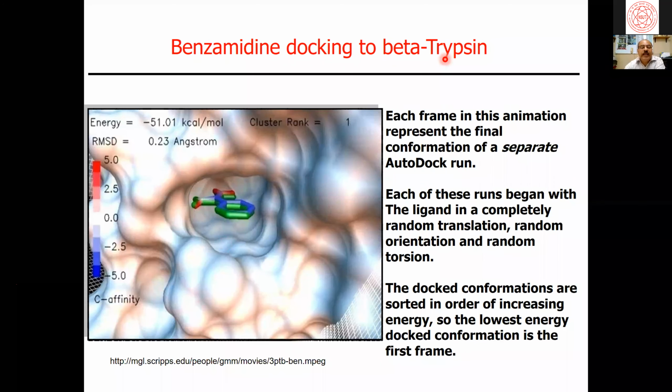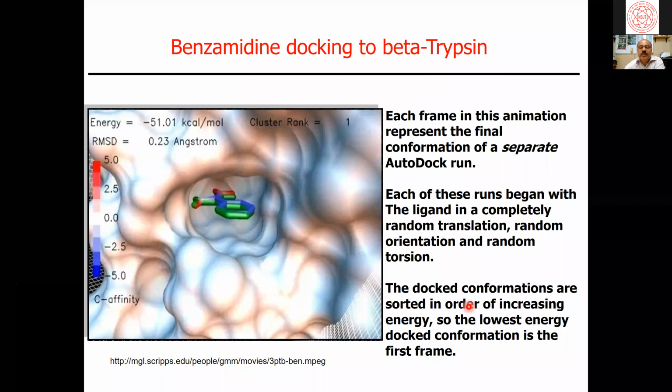So what exactly is this? Beta trypsin is a protein, and this is benzamidine docking. What these guys at Scripps did was extract this molecule from the active site and try to dock it again with the AutoDock program. Each frame in this animation represents the final conformation of a separate AutoDock run. It is not running, otherwise you would have seen a flipping of this molecule in the active site of this protein. Each of these runs began with the ligand in a completely random translation, random orientation, and torsion, and